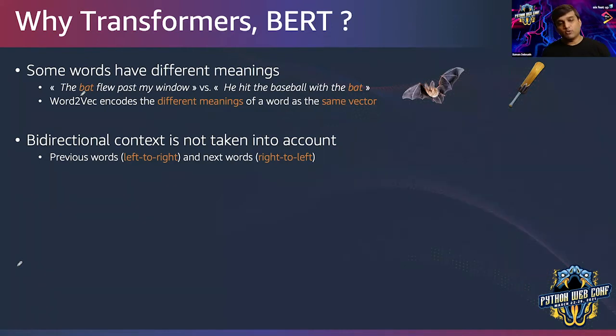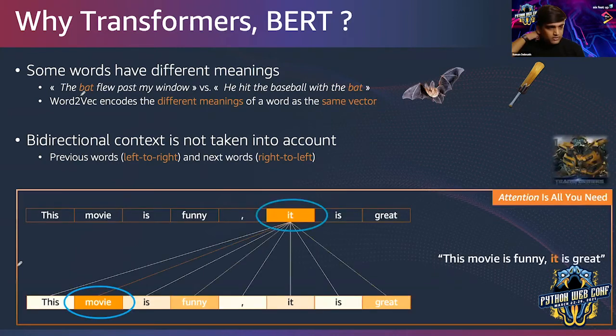If you use a traditional model to detect the sentiment of these two sentences, you may not get the right answer, because those models or architectures read word by word, one after another in a sequence, either left to right or right to left. So you will not get the full context of each particular word with respect to the whole sentence. And that is what is solved by something called attention, by transformers, which was introduced in a paper called